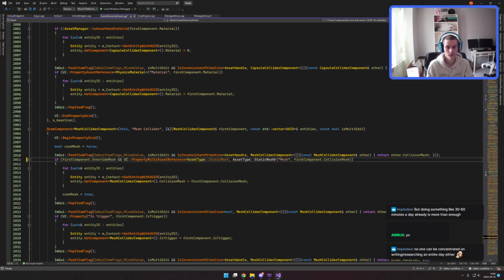Static mesh. Mesh. I assume this works. I don't really like the syntax, but